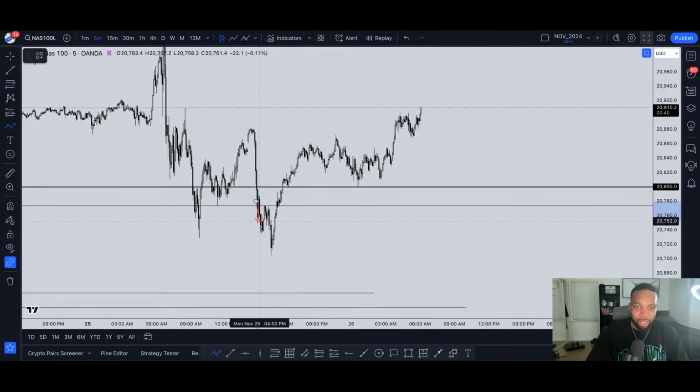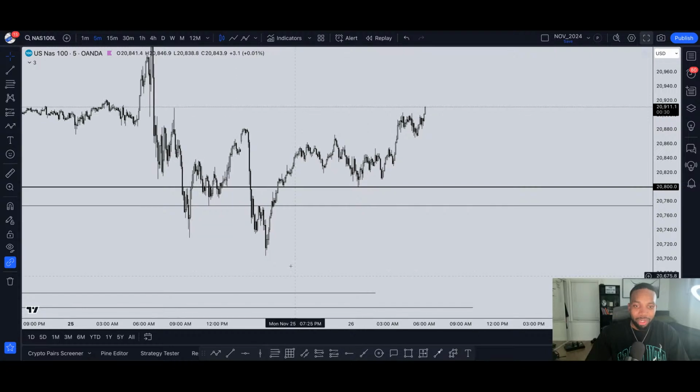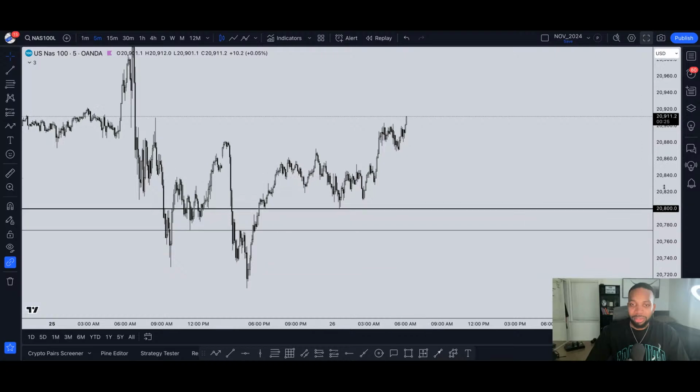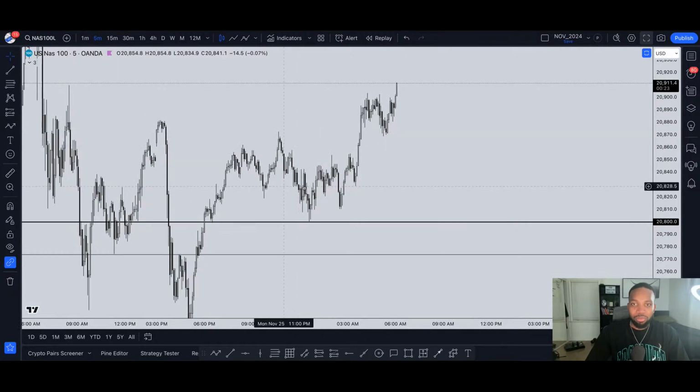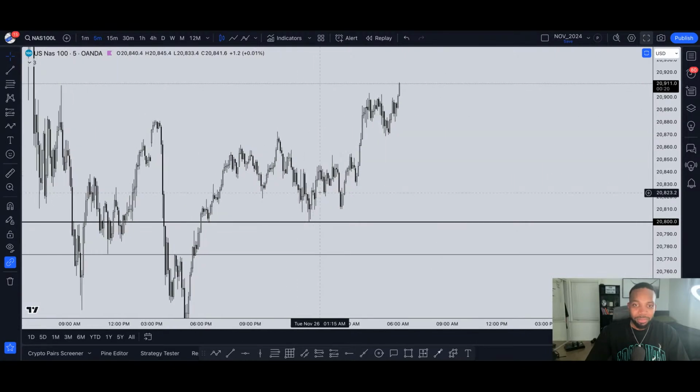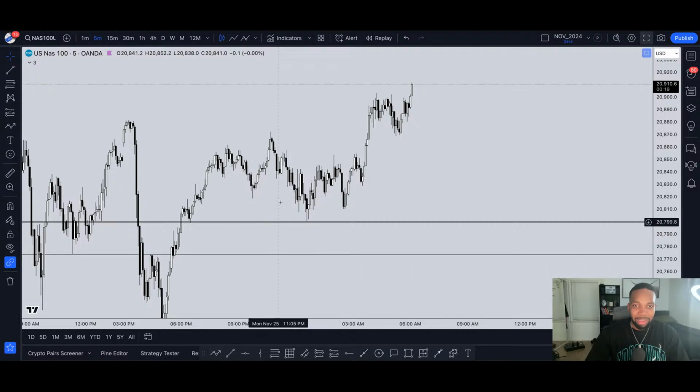We have liquidity, sweep it, break above. Super, super solid. Price never worked its way back down, especially if you draw the fib from the low to the high. We didn't really even come down that low, which is fine. You don't always have to. And there's more of a setup here as well, not as clean, but you see it happening, right? We have the liquidity with the low, the high, swept it, tried to break above a few times, and then we finally did. So that's something that we can look at.